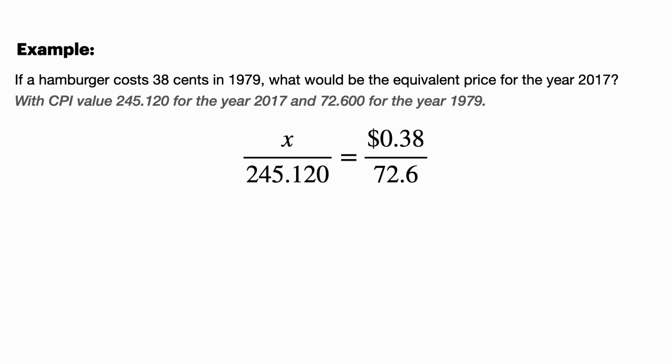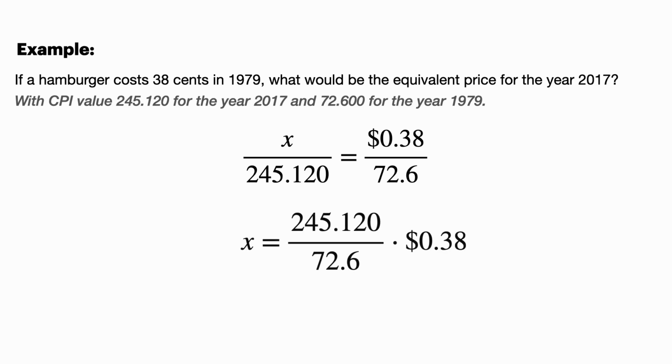So on the left-hand side, I put the prices. So X is going to stand for the price in 2017. On the bottom there, it's 38 cents. That is for 1979. On the right-hand side, you see the CPI values on top. Again, I have 2017. On bottom, I have 1979. Now I can just multiply both sides by 38 cents, and I can solve for that price of that hamburger, and I found $1.28. So that means that if hamburgers followed inflation perfectly, then the hamburger in 2017 would be roughly